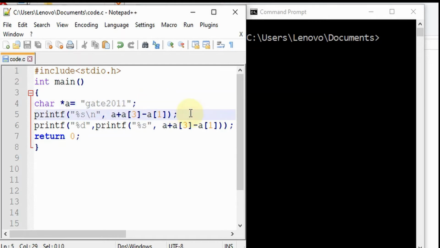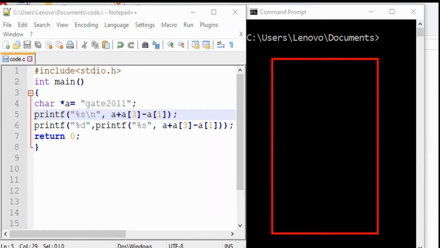Assume we first have to call the main function. So as usual we call our main function in here. This is our stack where we are going to call our main function. This is our pointer a. Assume that this is actually stored in the form of an array itself, and after that a null character is also stored so that it can understand that our string is completed. Now we are going to print this.